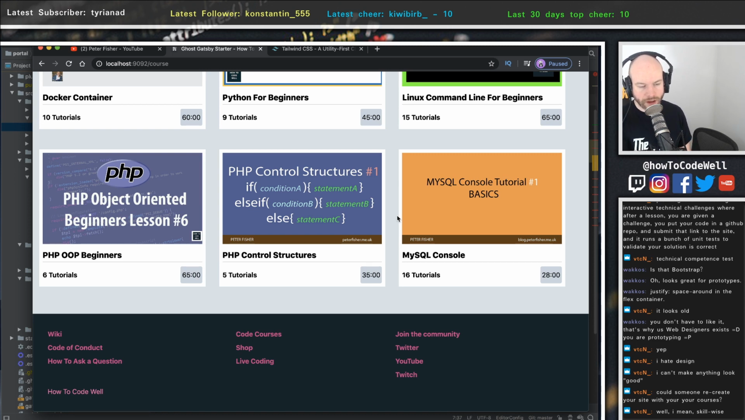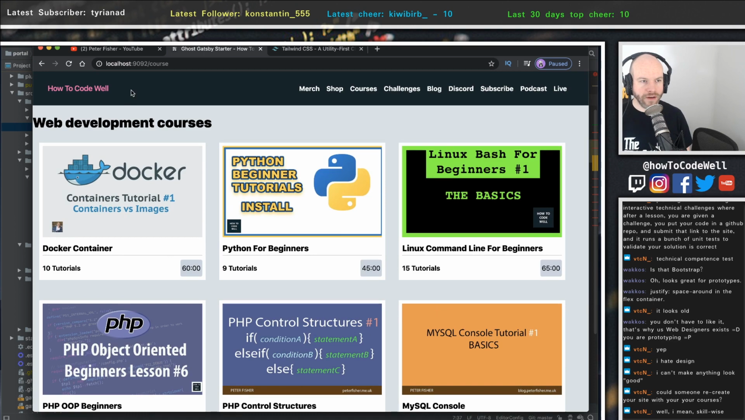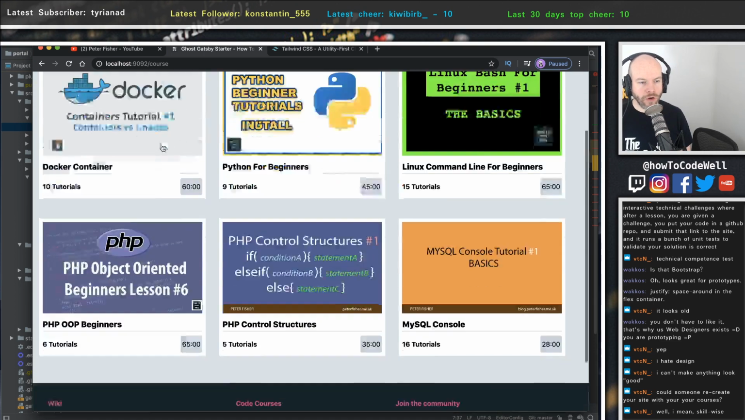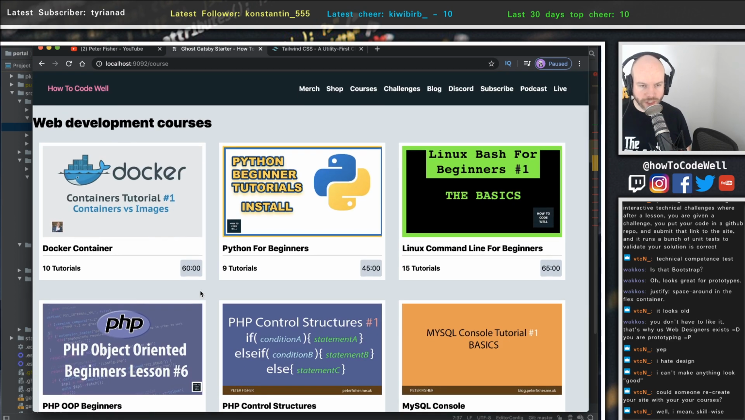They're all using the React components up here. So we've got the menu and we've got the footer. We've also got a UI library for Tailwind and other bits and pieces. So if I was to go to